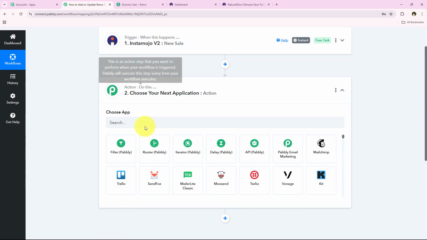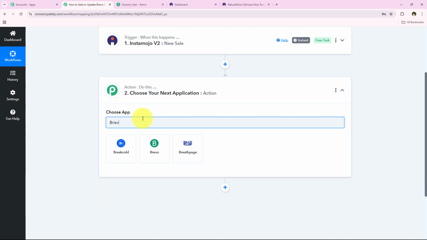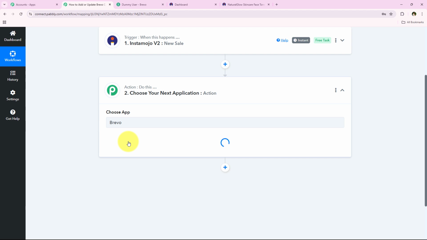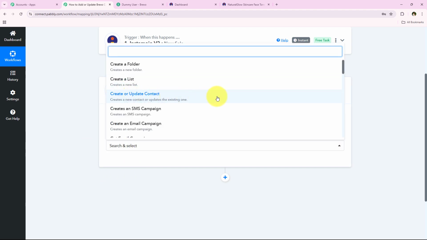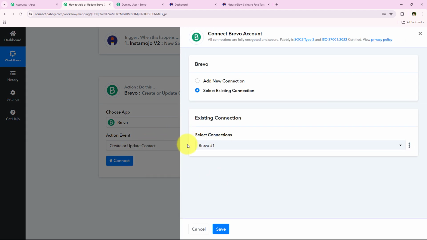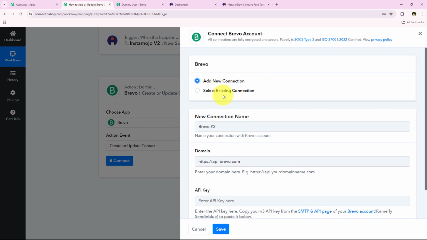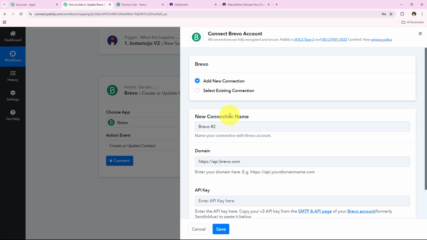So for the action application we are going to select Brevo. So I'm just going to search for Brevo right over here, and as you can see the same, so we're going to select it, and after selecting the action application it is asking me for the action event. So for the action event we are going to select create or update a contact and click on connect, and as soon as we click on connect, it is asking me to add a new connection or select an existing connection. So if you have already connected your Brevo account with your Pabbly Connect's workflow, you can click on select existing connection and then save. But if you haven't, you have to follow me, click on add a new connection,